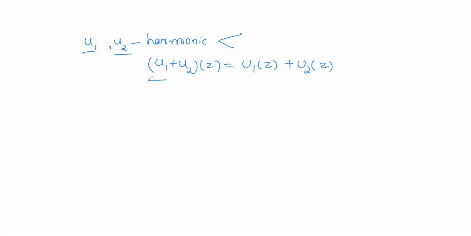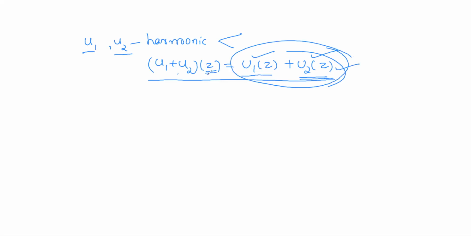So you can clearly observe by this definition, U1 plus U2 is defined for complex variables. And as U1 of Z and U2 of Z are real valued functions, this is a real number, this is a real number. So the sum of two real numbers is a real number. So U1 plus U2 of Z is always a real number. So what it means? It is a real valued function of a complex variable. And now, as U1 is a continuous function and U2 is a continuous function, the sum of two continuous functions is again continuous. That means U1 plus U2 of Z is a continuous function.